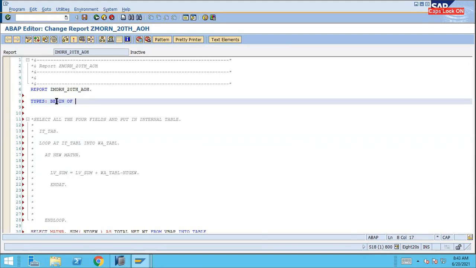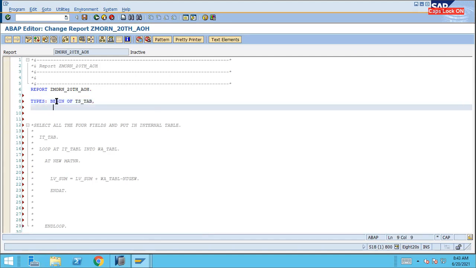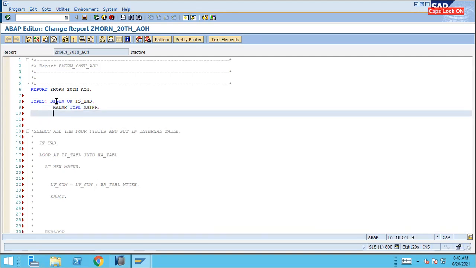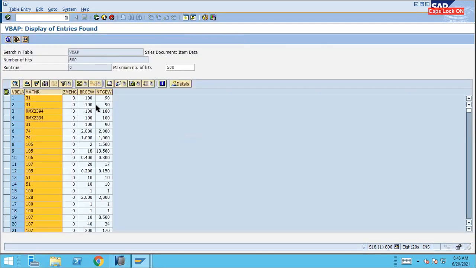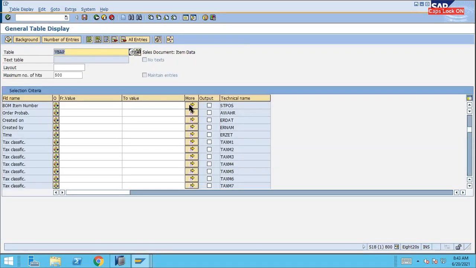So begin of TS_TAB, and then I want to get the material, and then I wanted to get the NTGEW type NTGEW. Here we'll have to see the data element. What is the data element for NTGEW? So let's search it quickly.